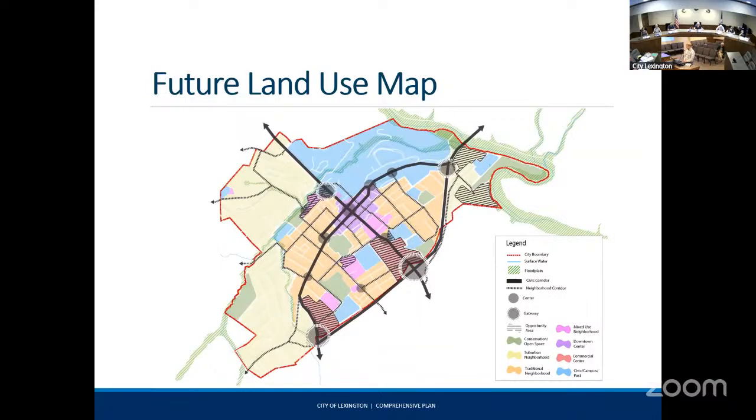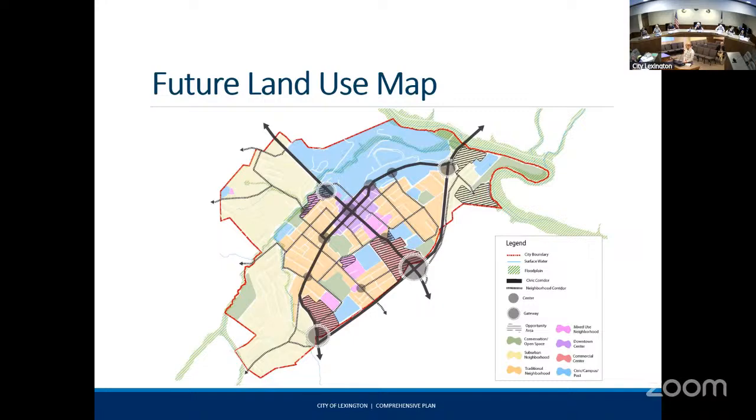Also, I just wanted to touch on the future land use map, at least one of the core pieces of all of those elements feeding together into this future vision for the direction, and what we would like Lexington to look like 20 to 25 years from now. It maintains the same basic form and format as the previous 2020 plan update, with some small tweaks to some of the land use designations. But it maintains that same basic idea of having identified centers that are connected by major corridors that then are surrounded and informed by the transect of that particular land use area,